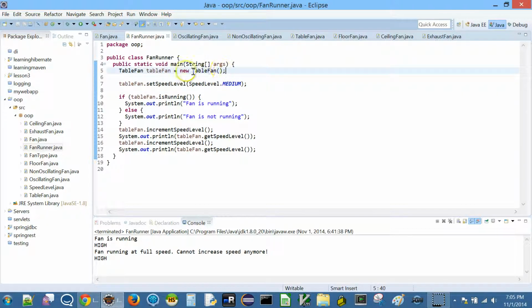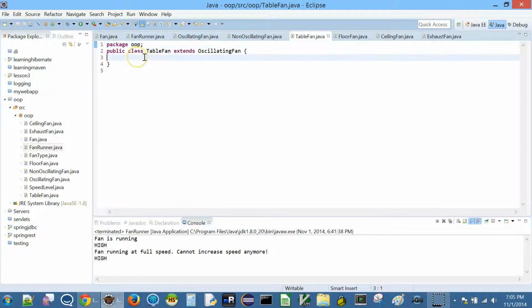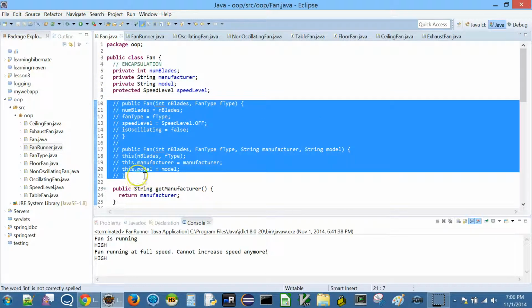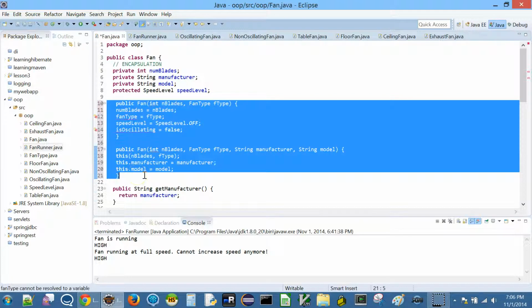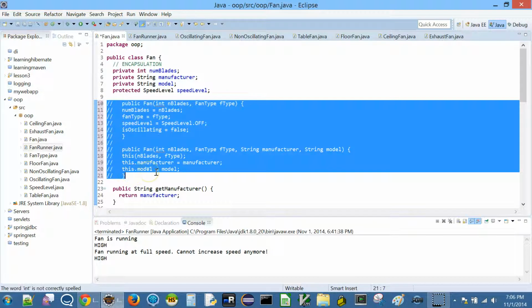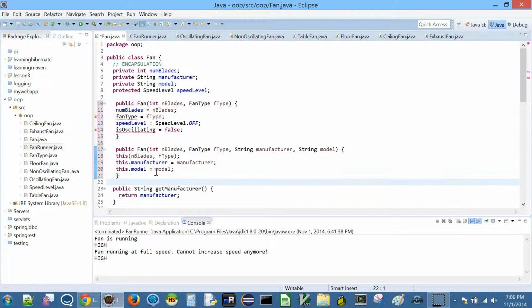Now you remember the constructor. If we don't specify in table fan, then it is going to come here. The compiler will write an empty argument constructor for us. Okay. Now there is also one more thing that happens here, which we'll see more explicitly once we put a constructor for fan. Okay, I'm going to say there are only going to be these two constructors for fan and not an empty argument constructor. So if I uncomment all this, you can press Control slash. To comment all of them in a block, press Control forward slash, and if you press it again, it will uncomment.